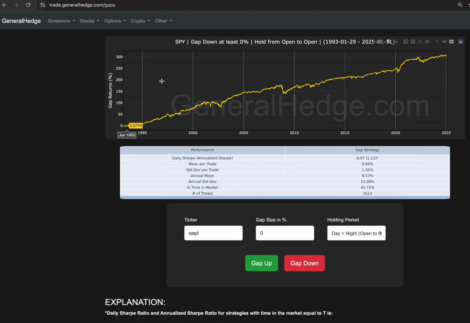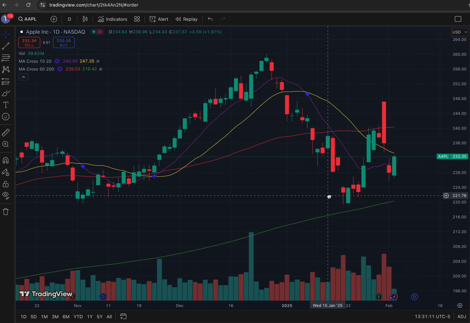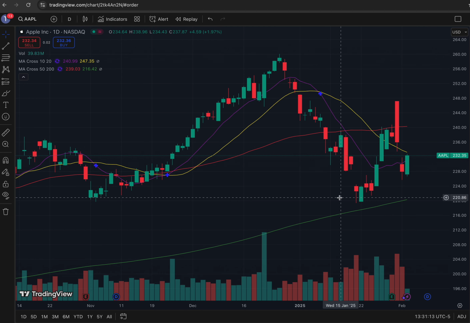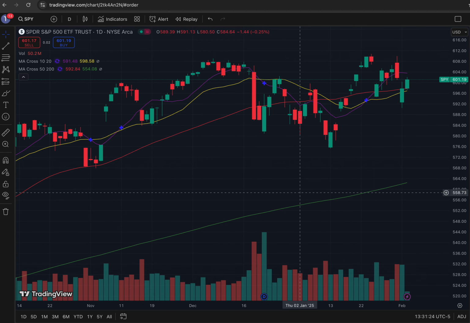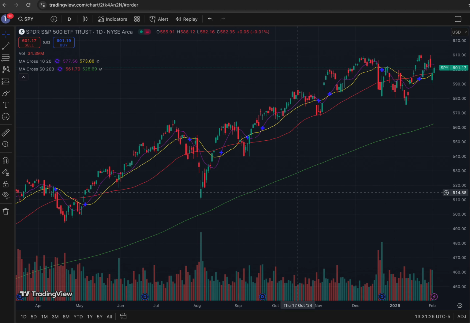And so the idea is that these gaps tend to fill for stocks on down gaps, right? Like, I would never really want to be shorting something like the S&P just because it gapped up, right? Because we're always